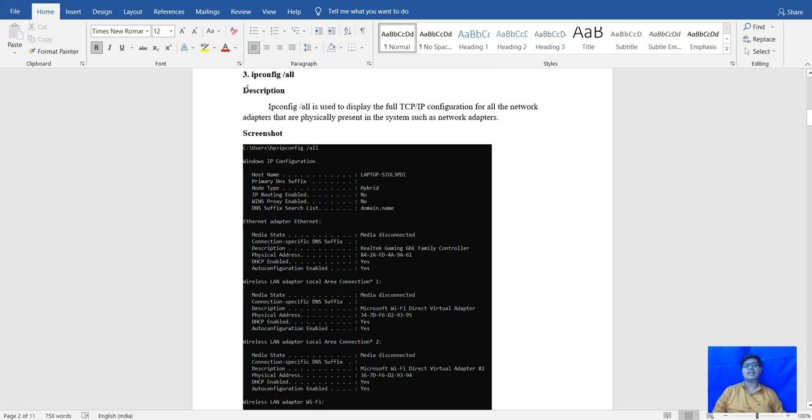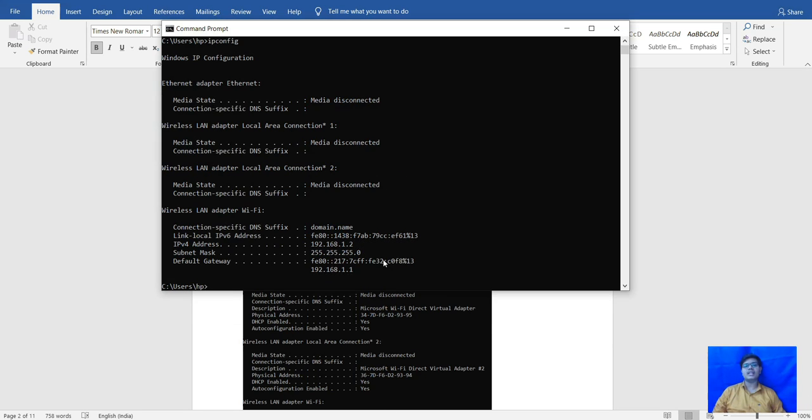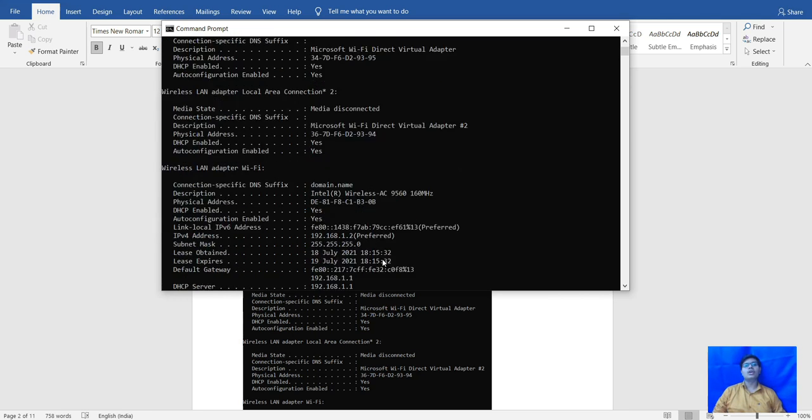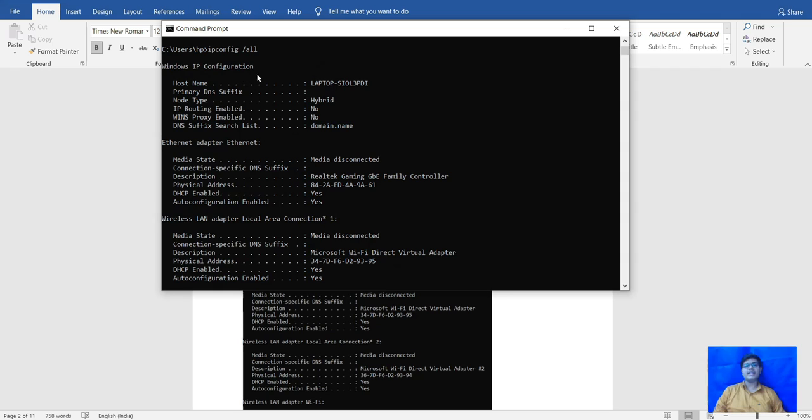After that, let's see the third command. The third command is ipconfig/all. This command is used to display the full TCP/IP configuration for all IP adapters that are physically present in the network adapters. When we check ipconfig/all, it will show all the adapters, Ethernet adapters, that are present in the computer or laptop.